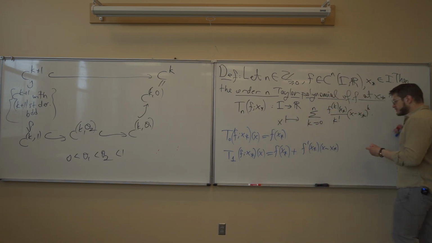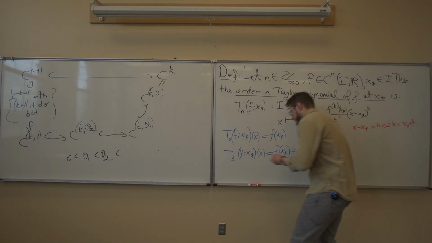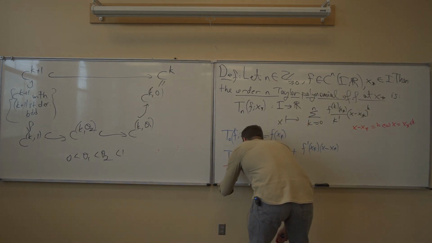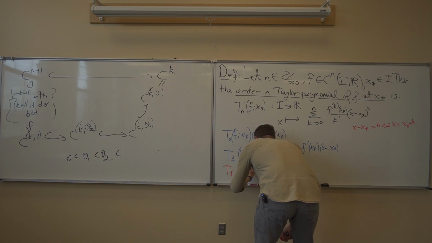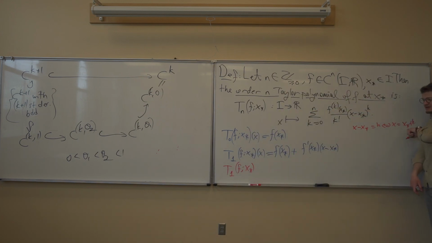So if I make the change of variables x minus x star equals h, so that x is x star plus h, then what happens here? This means that T1 of f comma x star at x, but x is nothing but x star plus h,